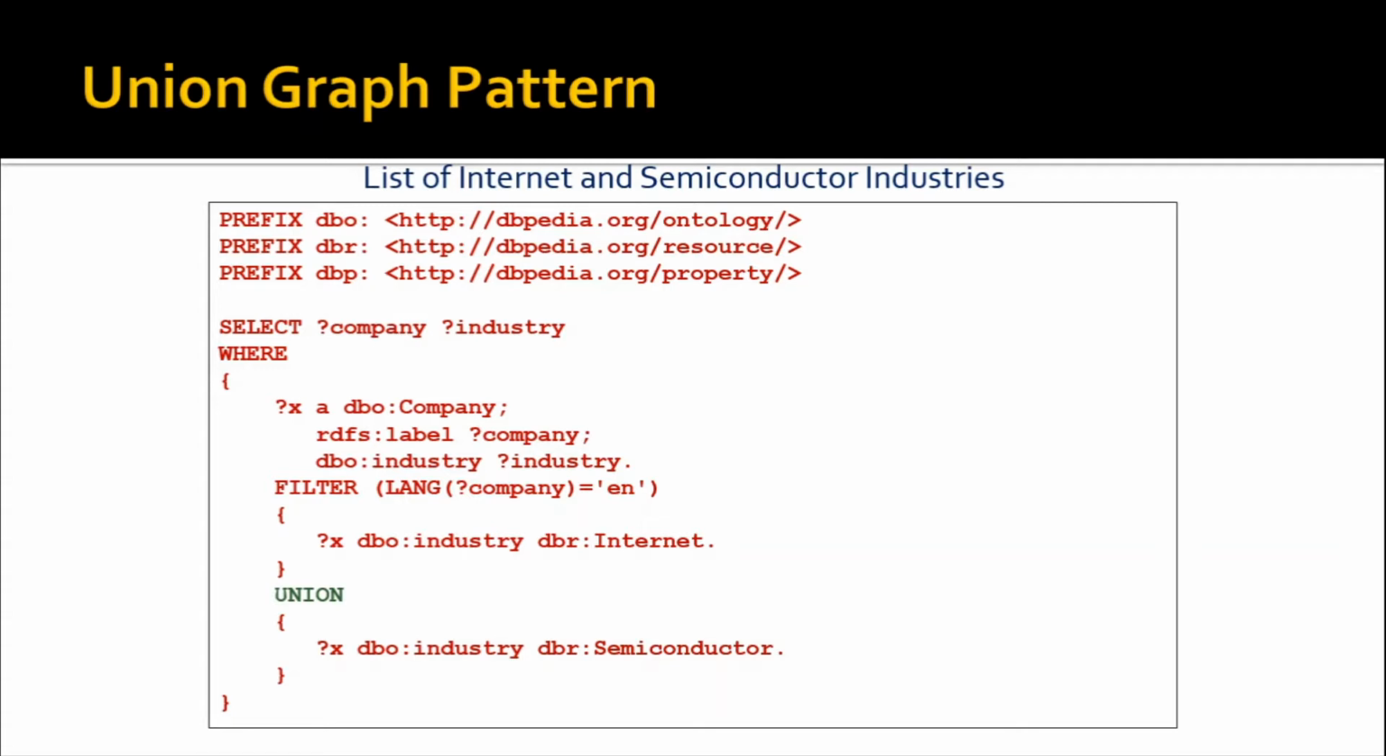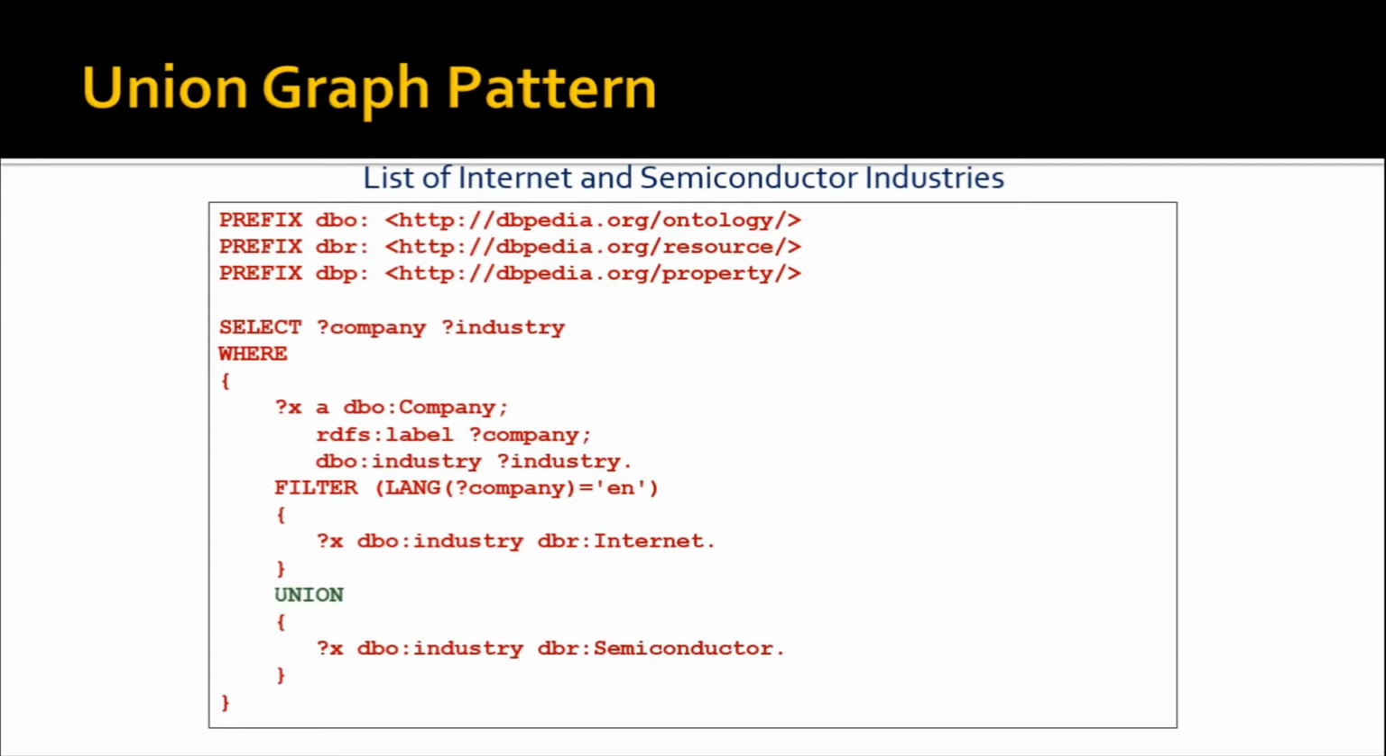In the last lecture, we talked about the syntax or the anatomy of a SPARQL query, and then we talked about different graph patterns like basic graph pattern and optional graph pattern, and finally we stopped at the negated graph pattern, right? So today we will continue the discussion, and the next graph pattern that we would like to start with is the